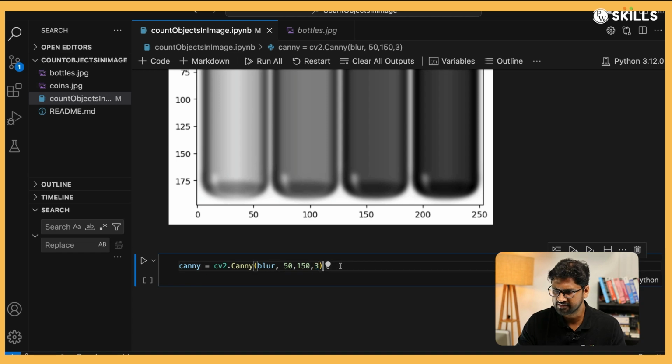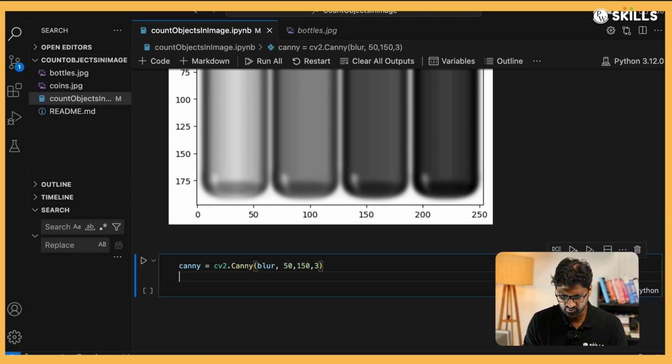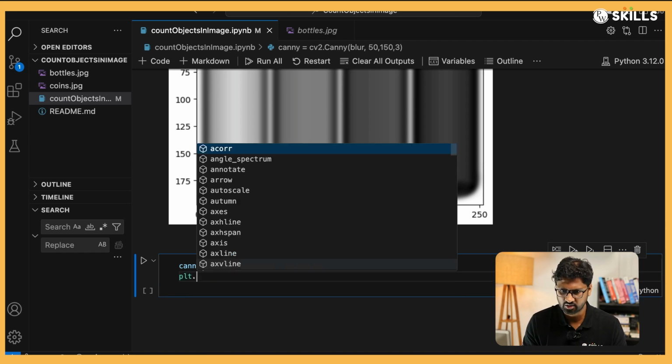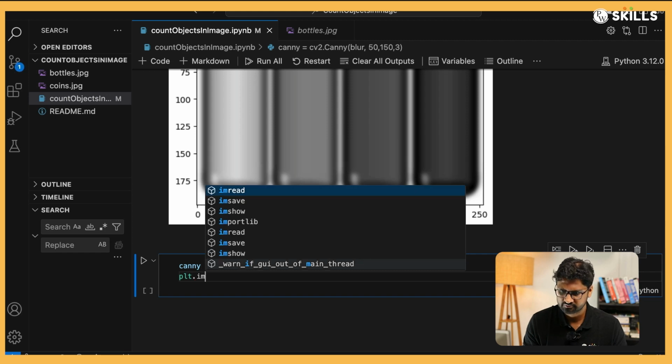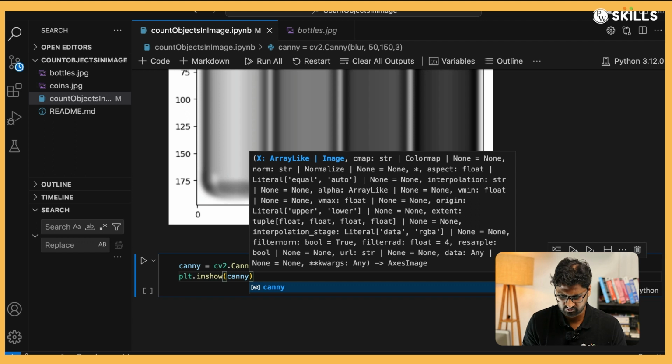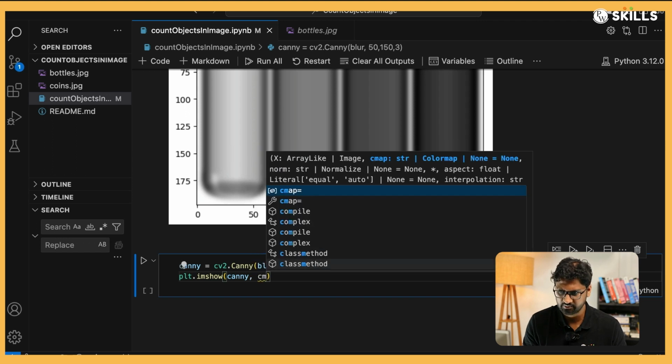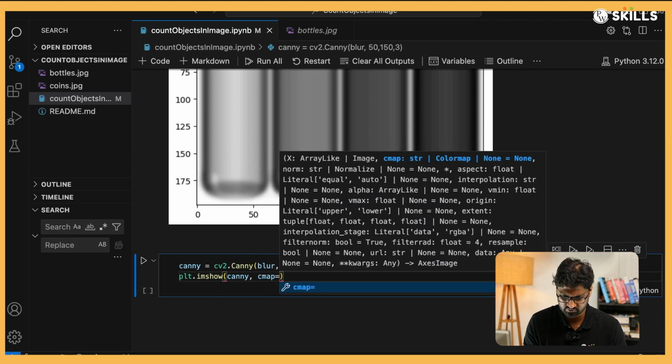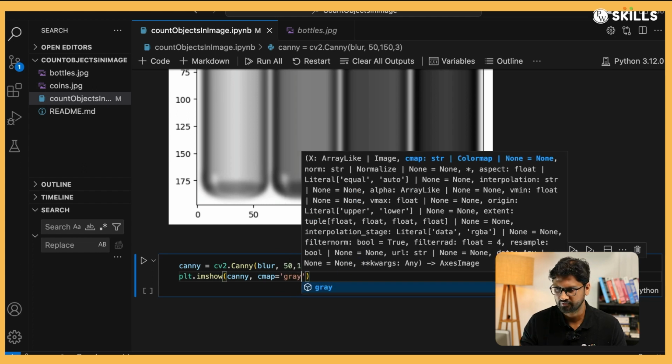So if I run this now with this, this lower threshold and upper threshold, you will always have to keep on iterating to find the correct edge. If you don't do this properly, your object will not be identified correctly. So let me try to do this. I'm going to say plt.imshow, and here I say canny, and I say cmap equals to gray. If I run this,